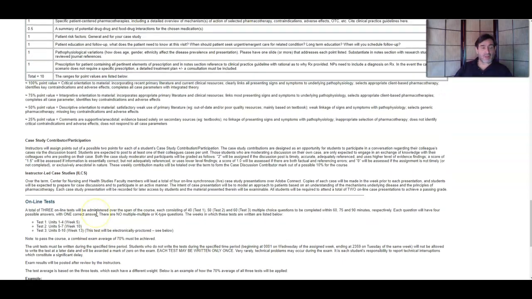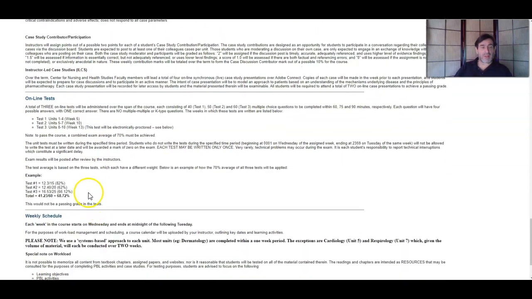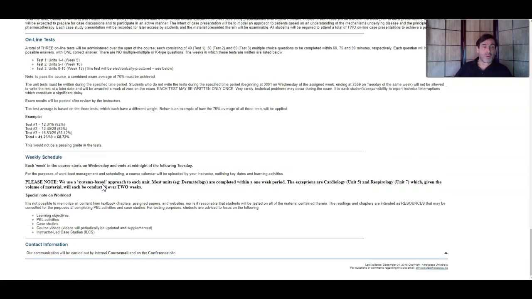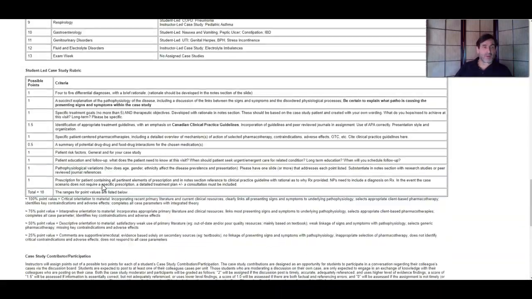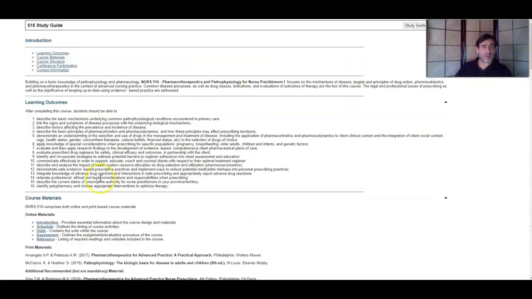This again mentions a little bit more of your tests, and an important thing about your tests to note is that an overall weighted average of 70% is required for passing. In fact, for passing the course, we require a 70% in each of the separate components. Okay, so this is a little bit about the course itself, a little bit of an overview. Why don't we go back, I'm just going to take us back to another part here of